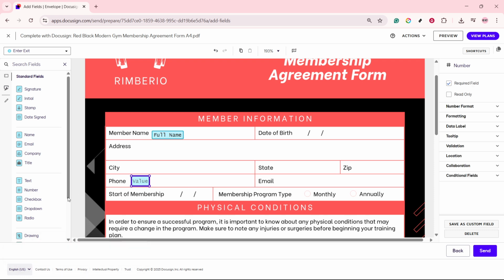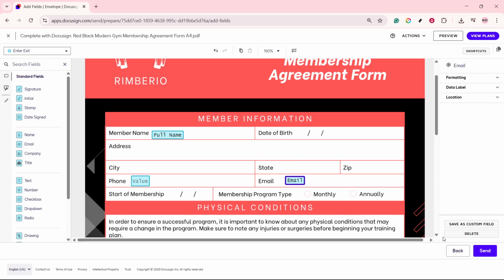Finally, after making the necessary changes, remember to save and send the document once again for signing. There you have it. You've now mastered editing a DocuSign PDF after it's been signed. Rest easy knowing that managing your signed documents is